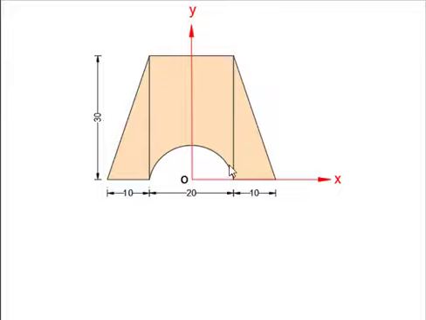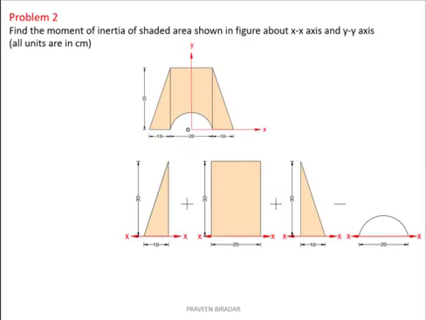Here this portion is cut. So how to arrange this? First, this is the first area, I will take addition. Second is the total rectangle, I have taken it as addition. Third, this triangle, it is taken as addition. But in the rectangle, I have to deduct this semicircle. Semicircle, I have to deduct.